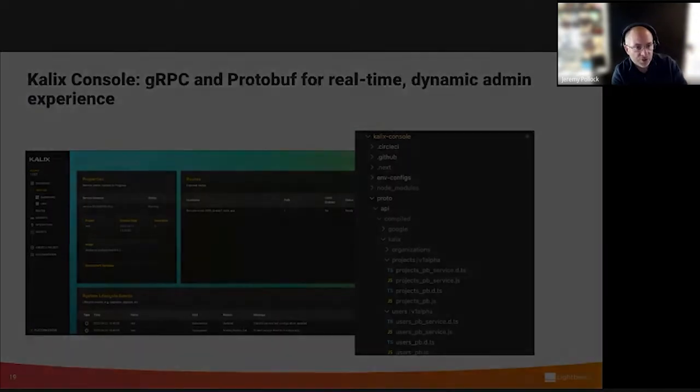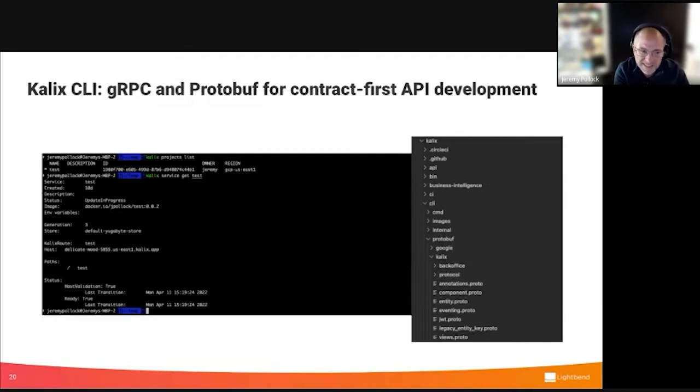application. We also see and use Protobuf for the CLI. The CLI actually is our primary user experience for interacting with the service in production. So when you create a project, deploy a service, you're using the Kalix CLI. And just like our console, we're using gRPC and Protobuf for contract first API development. Without a doubt, this has been a game changer for us and enabling us to move very, very quickly in introducing new changes, refactoring things as we need to, adding new capabilities to rapidly innovate within the context of these